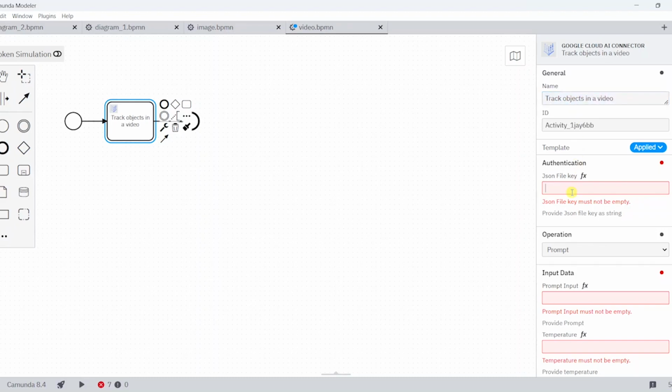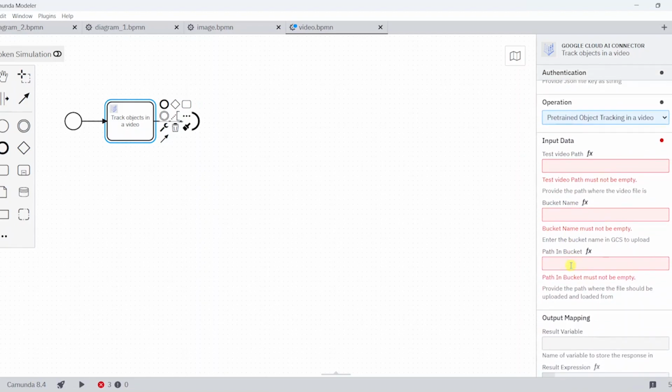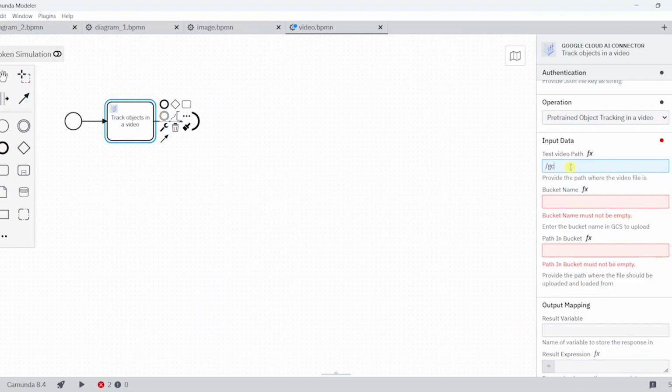I'm giving the JSON file key, which is the same /gcai/credentials.json. The operation I'm selecting is pre-trained object tracking in a video, and similar to the image, I'm giving similar inputs. For example, test video path as /gcai/video.mp4, and bucket name as Camunda connector,